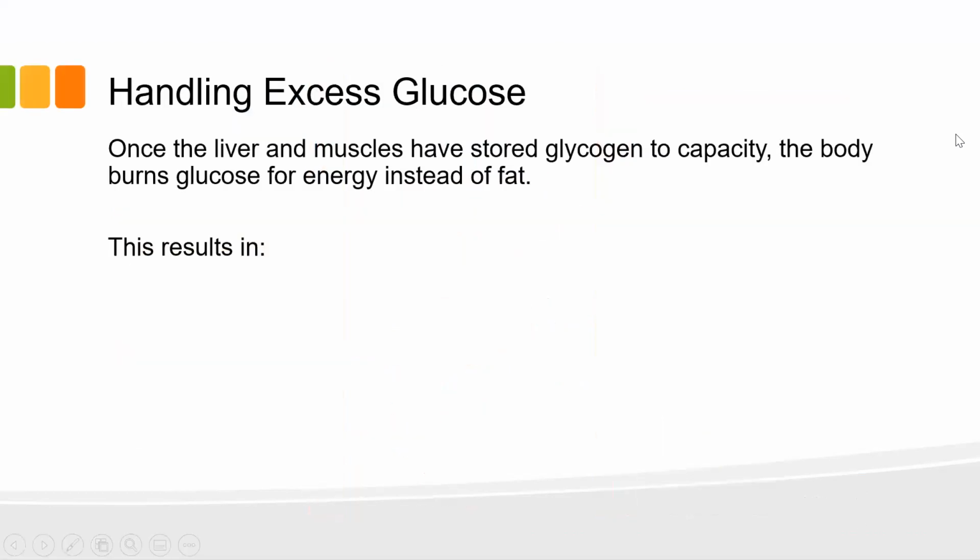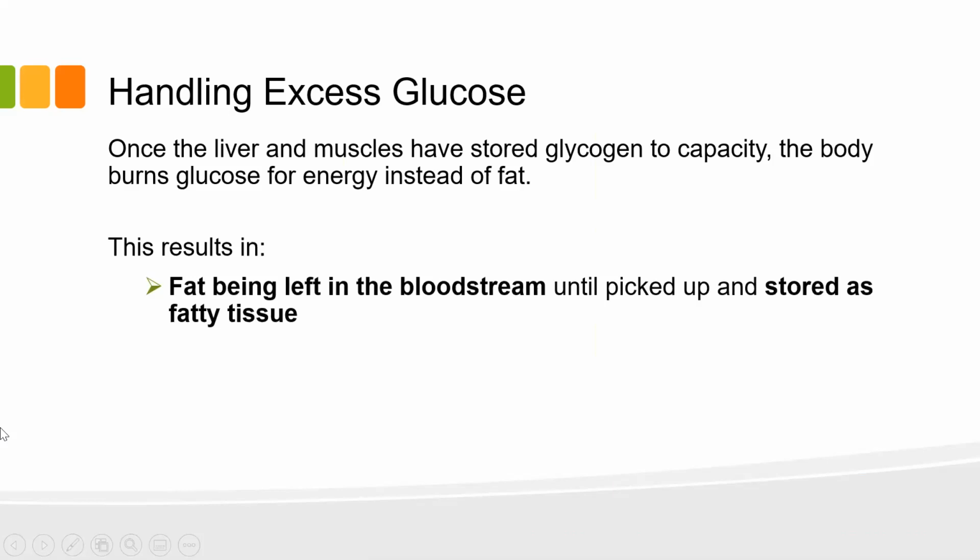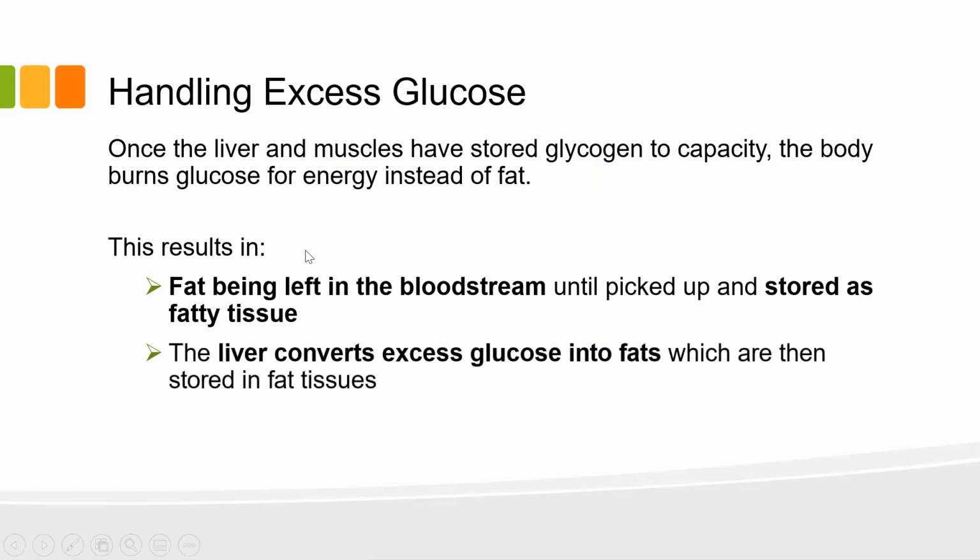So let's just talk a little bit about that excess glucose for a minute. I guess I kind of covered some of this already, what happens with the excess glucose, but it's worth it to think a little bit about other nutrients that are also in the bloodstream. So your cells, they love glucose. Glucose is the molecule of choice for your cells. So if there's a sufficient amount of glucose in the blood, then they are going to ignore the fats, basically. So any fats in the bloodstream are going to be picked up, and your body will happily store that in your fat tissue. So that's number 1. Number 2,